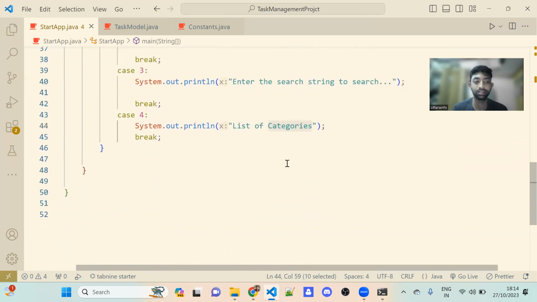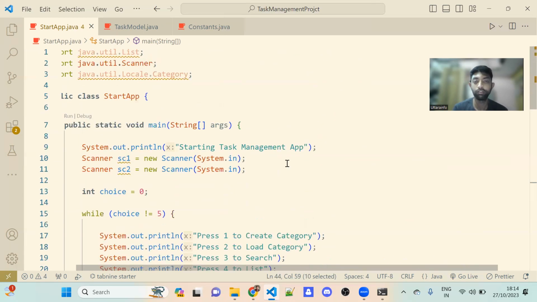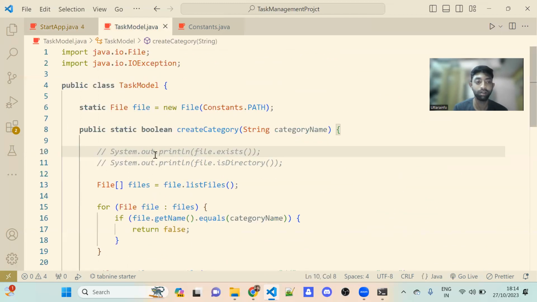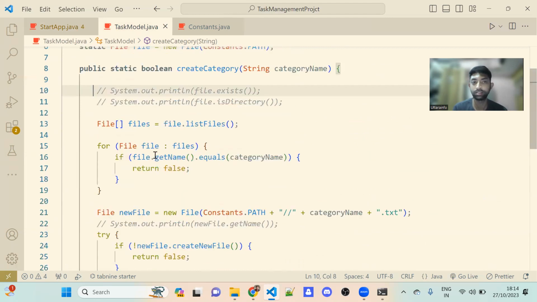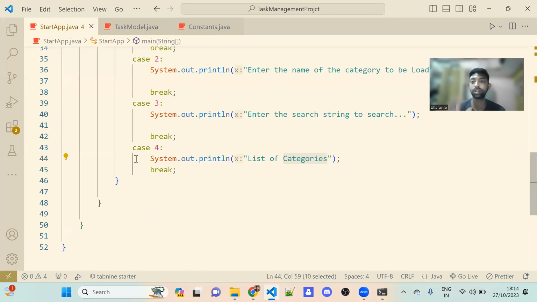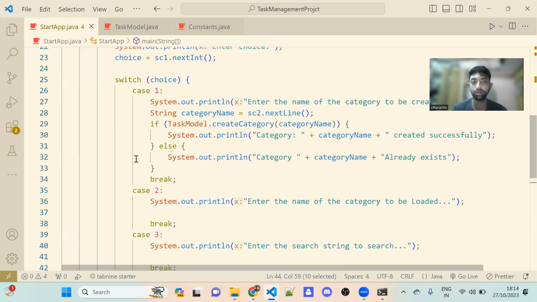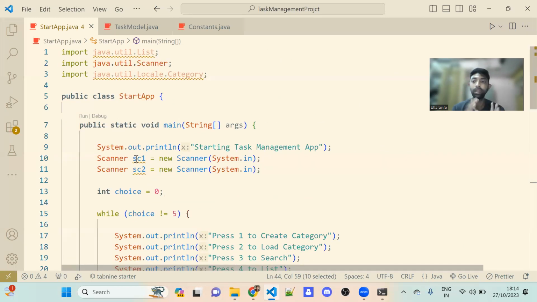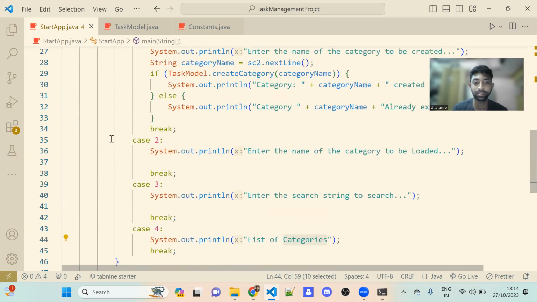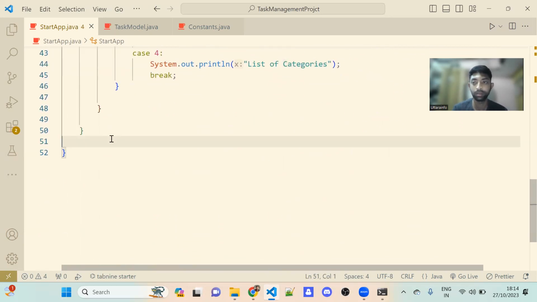See, here itself we have written some 50 lines of code, and in task model we have written some 40 lines of code just to achieve one functionality. Okay, if you have to do all these things, you will have to write some thousand lines of code. So make it modular and write comments. This method is for this, this method is for this. If possible, you can create this menu itself as a separate method here in the main